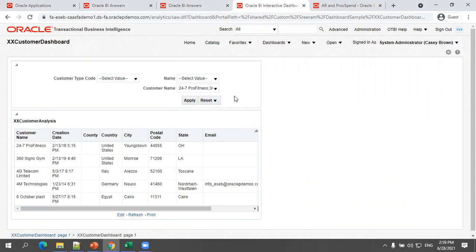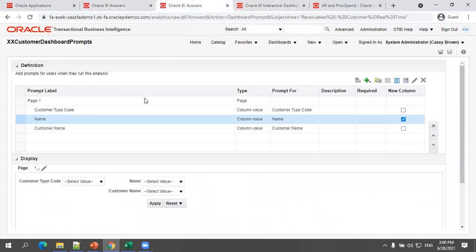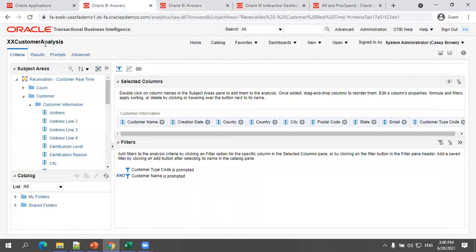Of course we have made some mistakes, but that is one of the best ways to learn anything. It is not that we always need to make mistakes, but sometimes it seems very simple, yet it is very difficult to find the clue. So whenever your report is not working properly, make sure the prompts in the analysis and the prompts in your dashboard are proper, because the filter criteria will get applied based on what you mention in the dashboard prompt as well as in the analysis. That is the reason I wanted to highlight those mistakes.